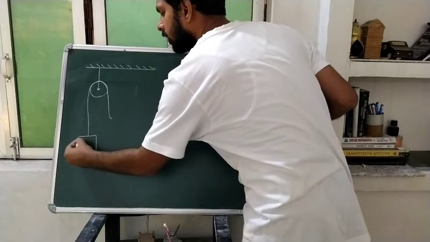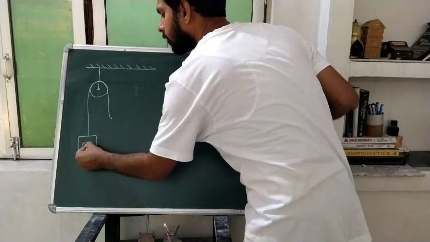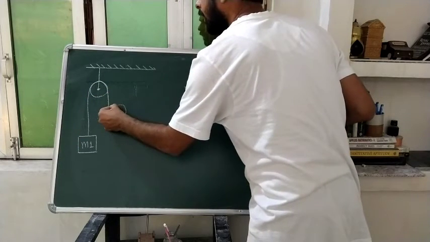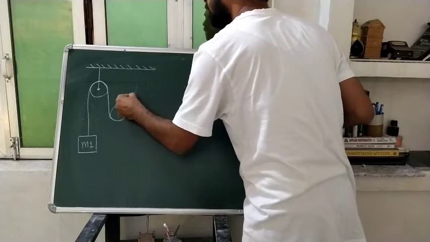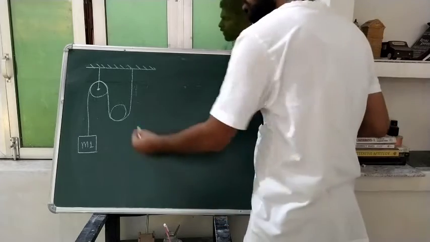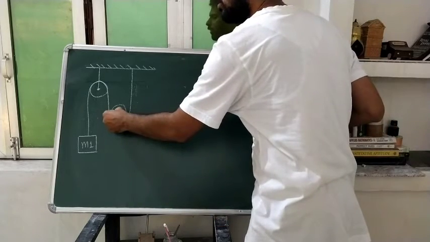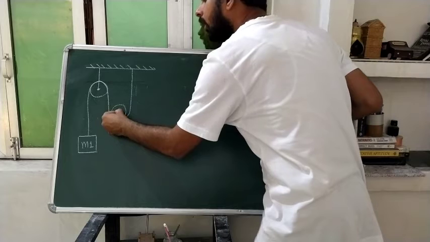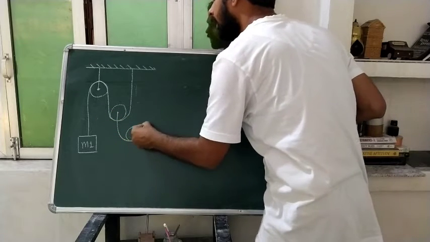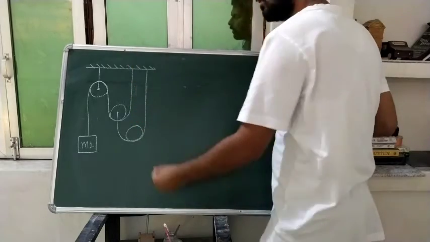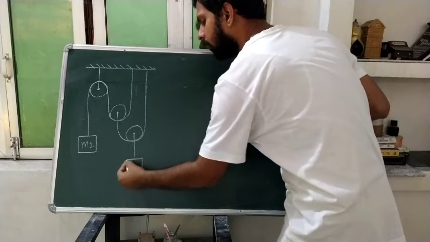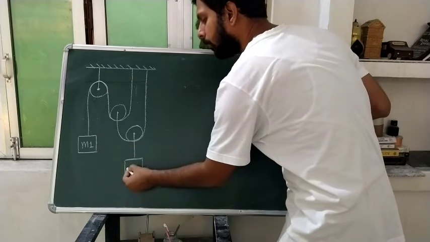One end of that string is connected with mass m1. It goes over this pulley, and again goes over the second pulley, and the other end is connected with the ceiling. With this pulley there is a third string which goes over this pulley, and the other end is connected to the ceiling. And with this pulley, with the help of the fourth string, we have the mass m2 here.